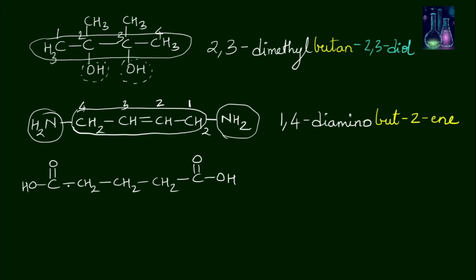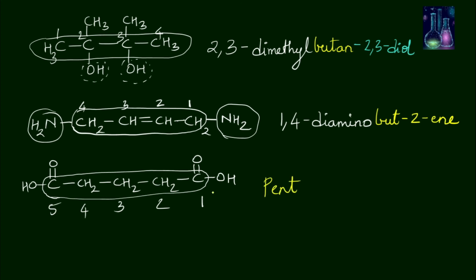Now the next example. This is your longest carbon chain. Definitely you will consider the carboxylic group. Try to give the least possible number, but they are always at the terminal end. So this gets 1, 2, 3, 4, 5. Now there are 5 carbons, 2 carboxylic groups. Therefore the name of the molecule will be pent, because the main chain has 5 carbons, pentane, but the E is replaced by